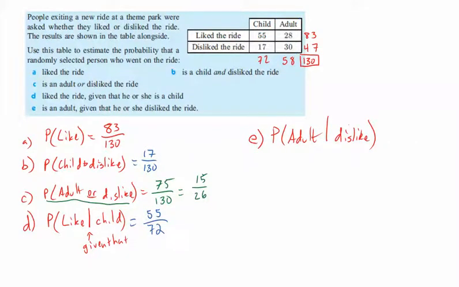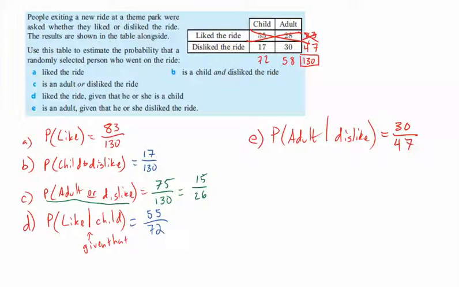So we know that they disliked it, so the people who liked it don't matter at all. So I've got 47 who disliked the ride. Now out of those 47, given that they dislike it, what is the probability that they were an adult? And so adult, we would say, well, there are 30 adults in that category, and it's out of the 47